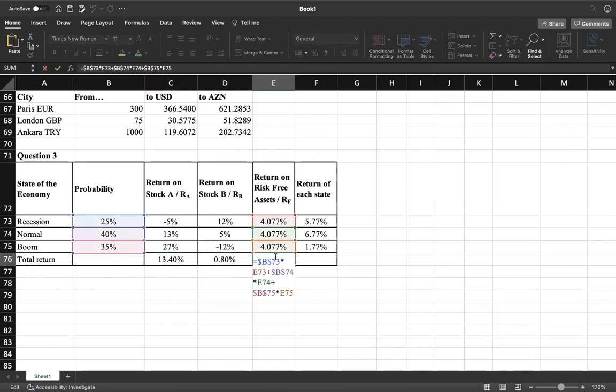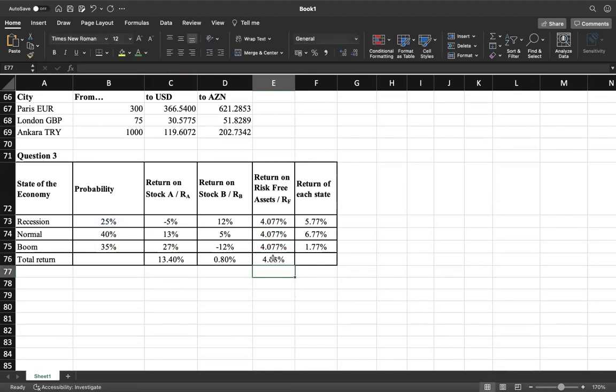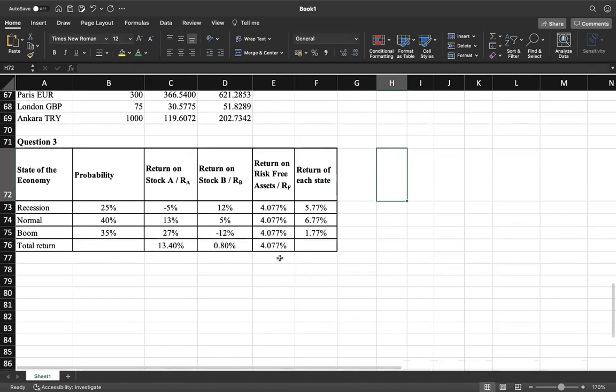$0.780 and 4.088. It should be also, yes, it is risk-free return. Risk-free asset has the same return in all cases. Therefore, total return stays the same as 4.077. Right. So we can find portfolio